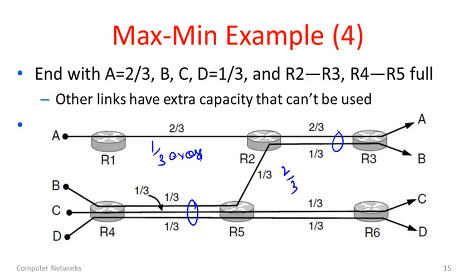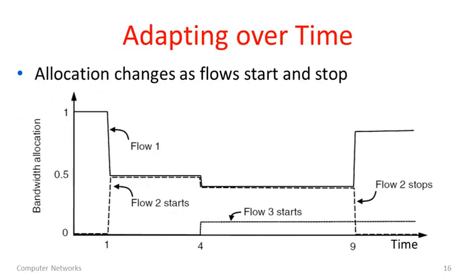In fact, if we were building that network and we had this traffic flow, we could maybe make that one slower and it wouldn't slow anything down. And also between R5 and R6, we have 1/3 of a unit that's left over in our network. So this was as efficient as we could make the network while still making it fair according to max-min fairness.